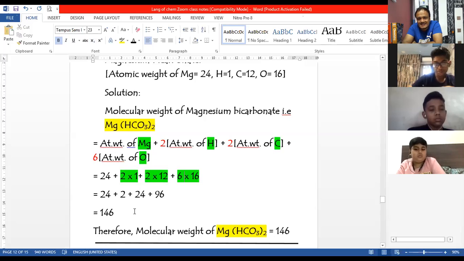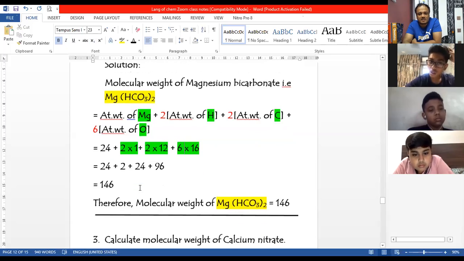Is there any doubt in this? As I told you, the method is up to you. You can take either of those 2 methods. You can take 2 common and multiply everything, or you can take 2 and multiply it with every element. Whichever is easy for you, you can use, because you'll get the same answer in the end if your calculations are proper. So it is up to you.